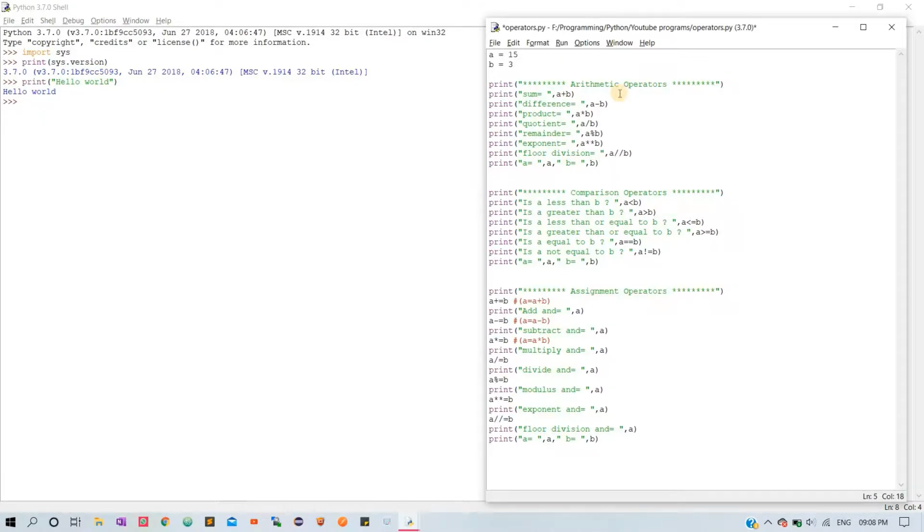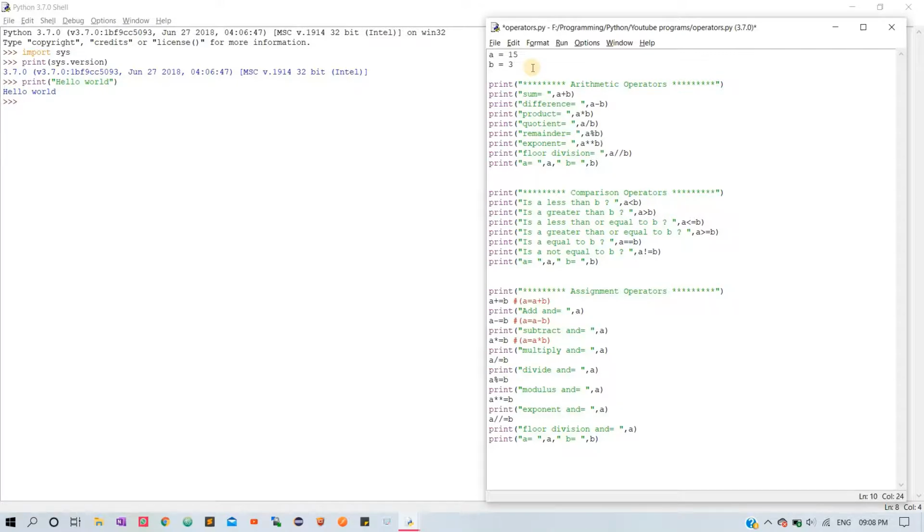Okay, next we go through the operator example. This is the bit of code which I have written. Let's go through the code. First, as I said, the basic operations in our mathematics come under the arithmetic operations like addition, subtraction, multiplication, division, and exponent, which is nothing but taking the power. For example, in this case, I have set variable a equal to 15 and b equal to 3, and these two are integer variables.